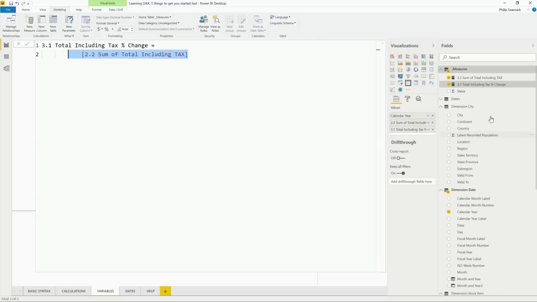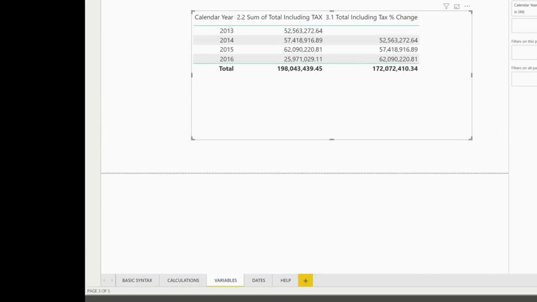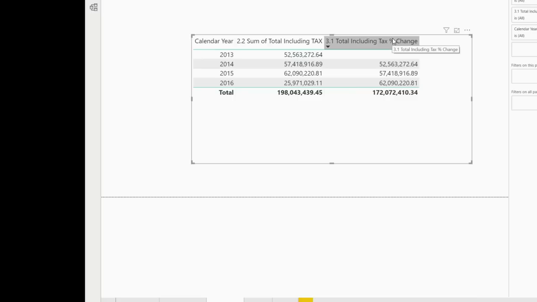That's cool. So if I was to enhance this and say, what in DAX, I would like you to actually do something else. I'm going to make you go and grab the previous year value. And we're not actually looking at the specifics of this function. We're just showing, okay, this is working. So at the moment, the rightmost column is now offset by 1. So on any given row, in the second column, we've got that year's value, and in the rightmost column, it's showing the last year value. So we've gone and grabbed the right value. So now what we need to do is do a subtraction over that.